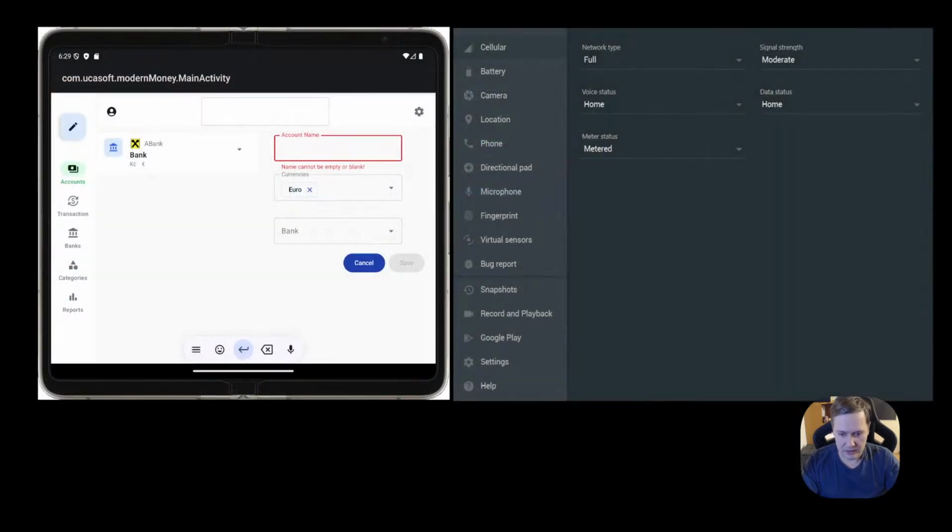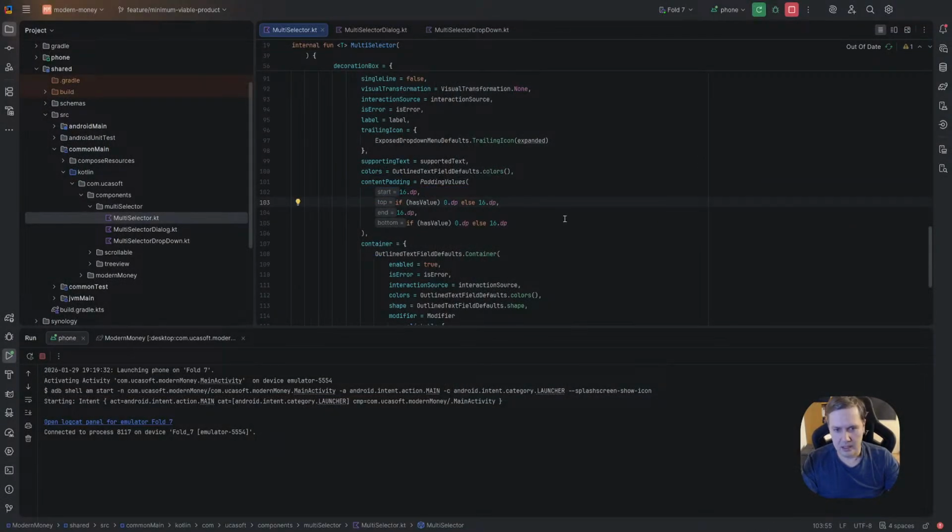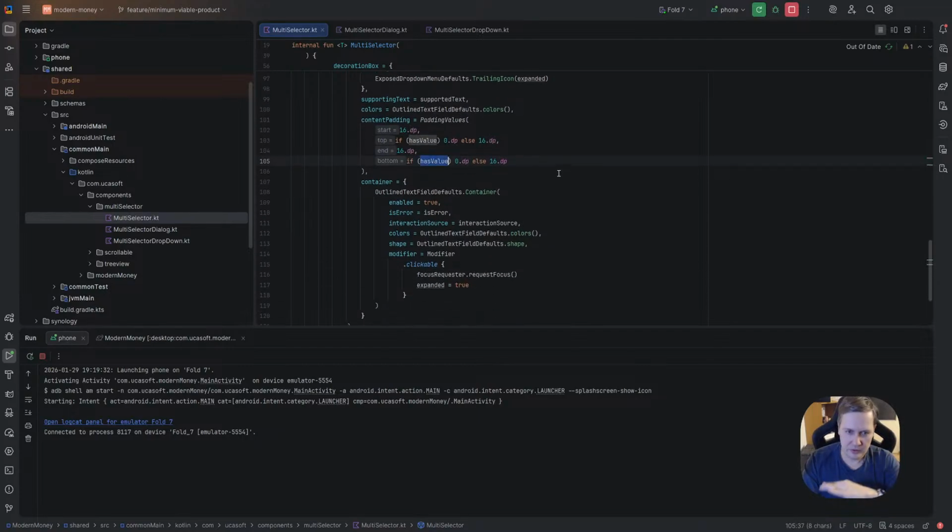Okay, if we switch to Android and we do not check it, if we do not have a value, it will be a little bit smaller. So we don't have this 16 dp up and down. It's just smaller because we don't have any element. But if we add something, it automatically calculates this padding, and if we add more 16, it will be even bigger. So this is why we need this check here. Did I switch? Yeah, I did. Okay, so we have top and bottom, this check: if we have a value, nothing, if not, 16.